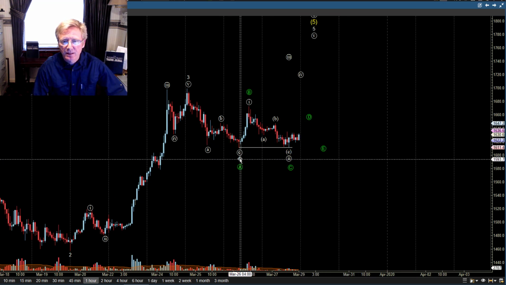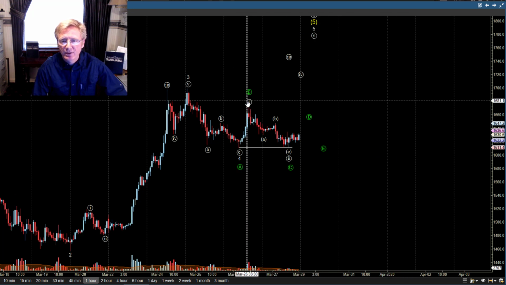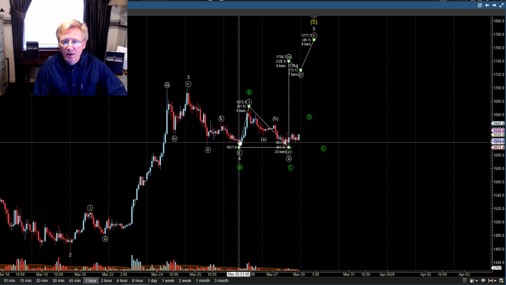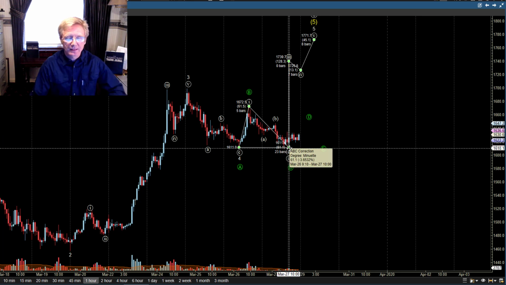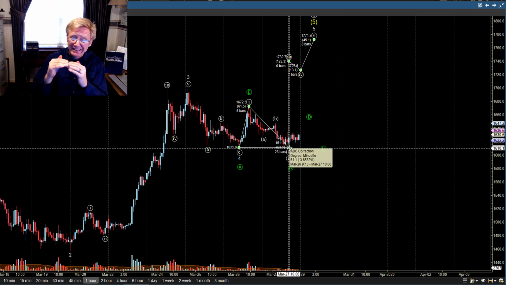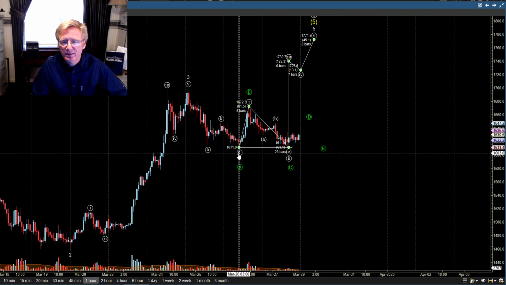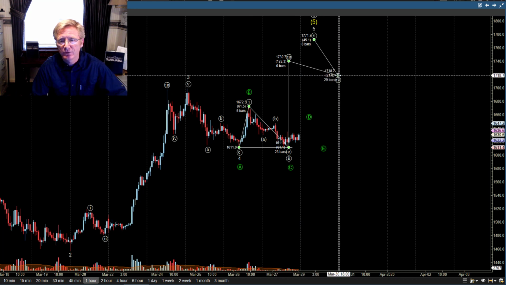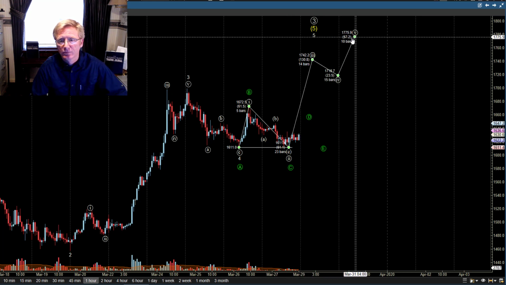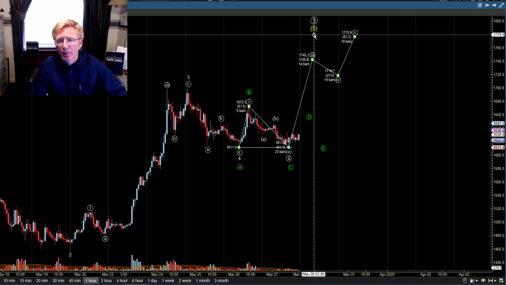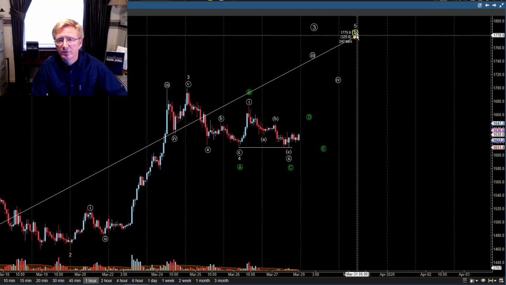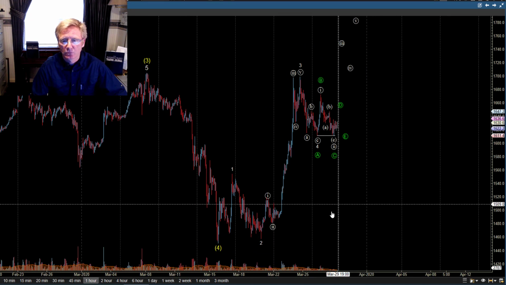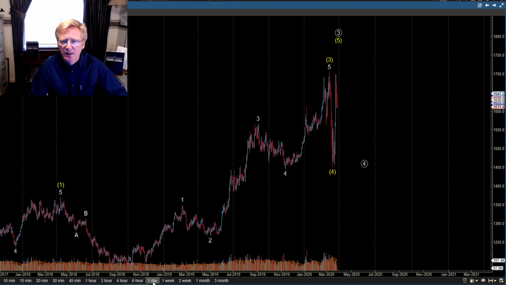The alternate count is that here's wave 4, we're heading for wave 5, and we have wave 1, 2. 2 did not come below this wave here. Like I said, it's toying with us. It just barely, just by a couple of ticks, it did not break this wave 4. So this could still be wave 2, and we're heading up for 3, 4, and 5 up here to complete wave 5 of 3, which means even higher. Okay, so let's just back out of this and look at this again.